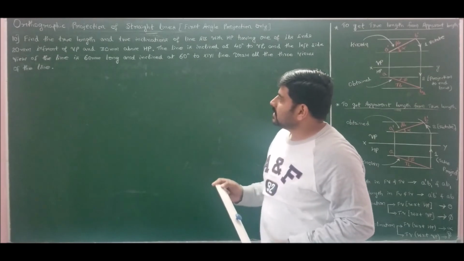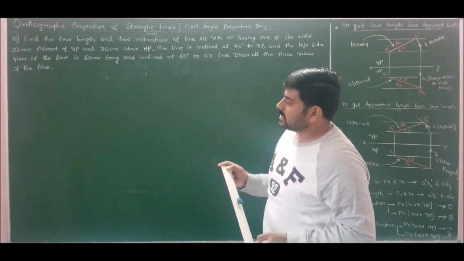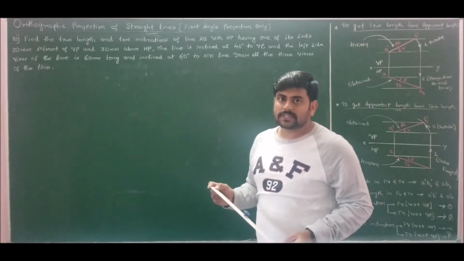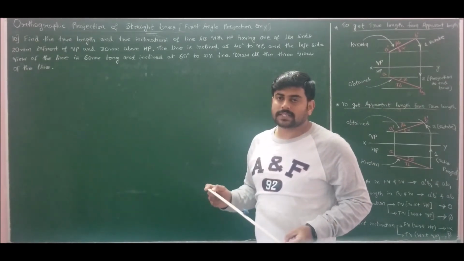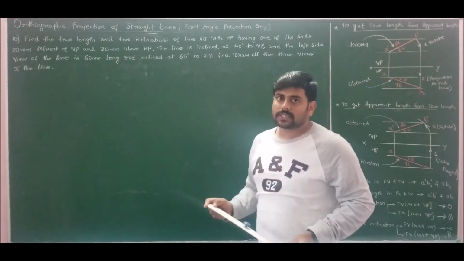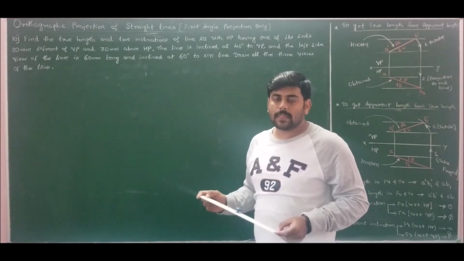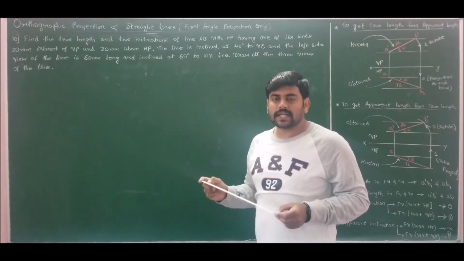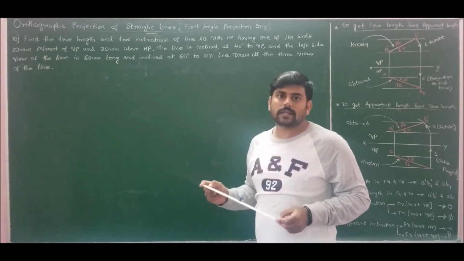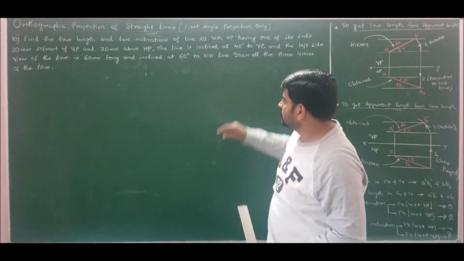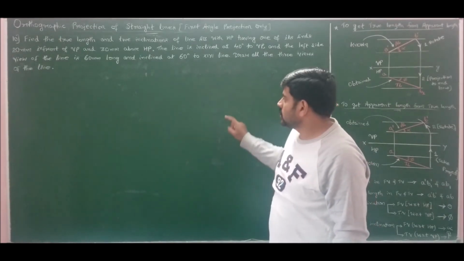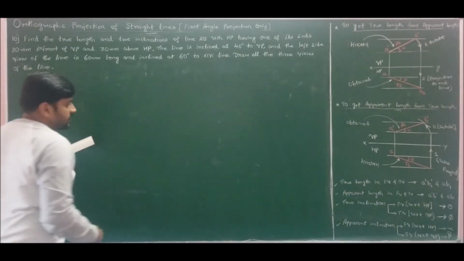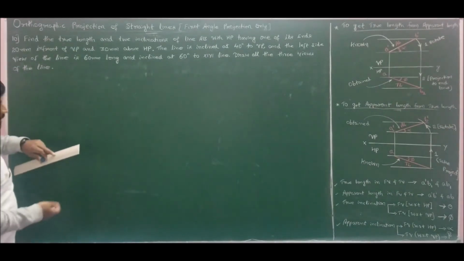So he has given the angle of inclination and the left side view of the straight line. Since he has given the left side view and we are discussing first angle projection, the line is above the horizontal plane and in front of the vertical plane. Therefore the left side view should be plotted on the right profile plane. So I leave space for the right profile plane to draw the left side view, and I will take up the front view and top view towards the left side of this board. So let us solve this problem.